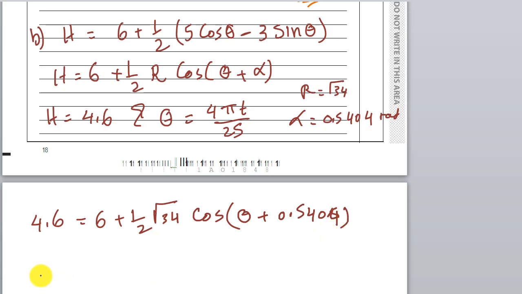So we can write now cosine theta plus 0.5404 will equal to